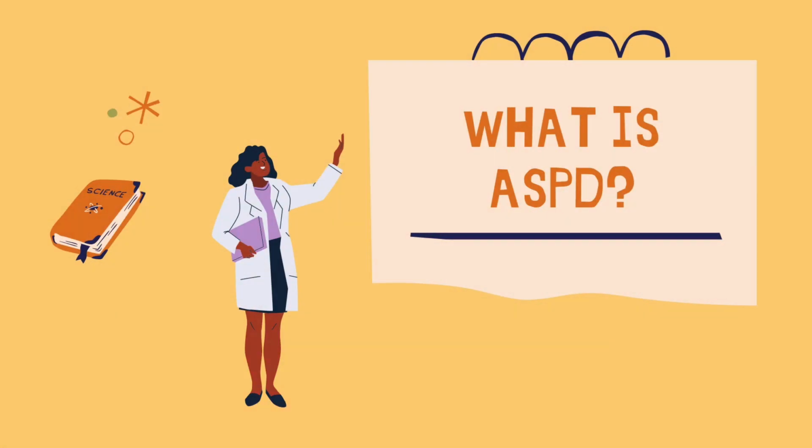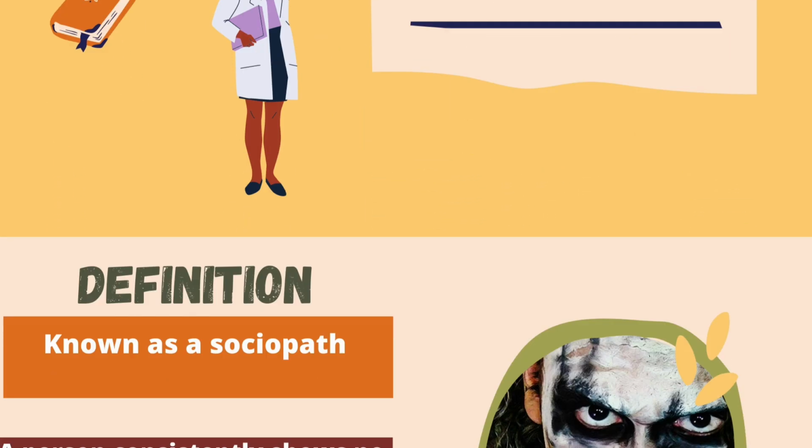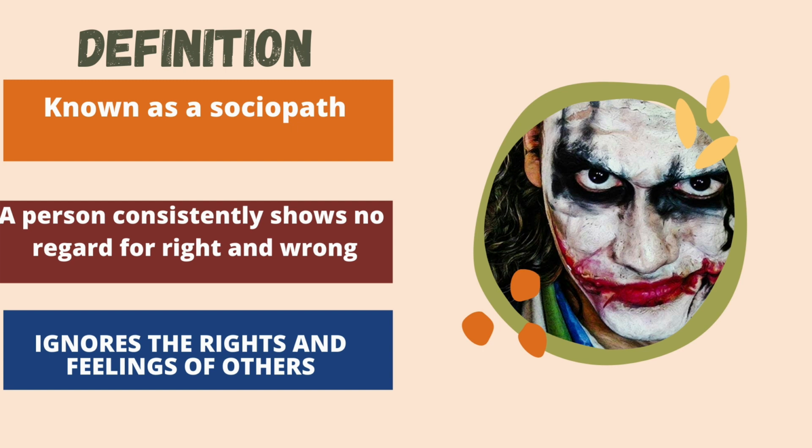Moving on to the main part of this video regarding what antisocial personality disorder is. Most of you might have heard about it, some of you have never heard about it, so come on guys, let's get to know more about this disorder today. Antisocial personality disorder is also known as sociopathy. It is characterized by a long-term pattern of consistently showing disregard for right and wrong, and they also ignore